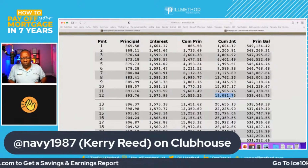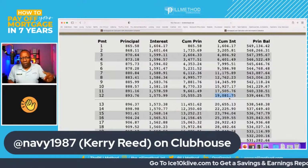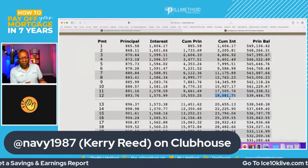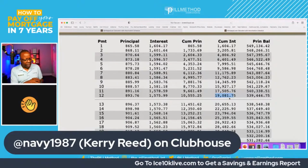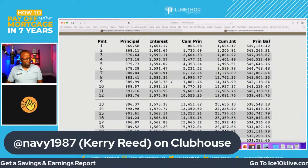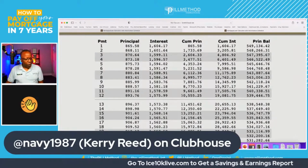So let's say after a while you're able to build up 10, 12, 15, $20,000 in your reserve account, because stuff doesn't go wrong all the time. So you're building up your cash. Let's say you have about $20,000 in a reserve account. You could then, just for an example, borrow